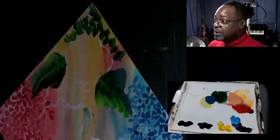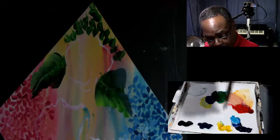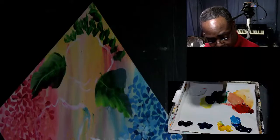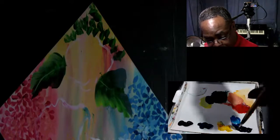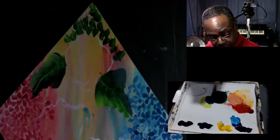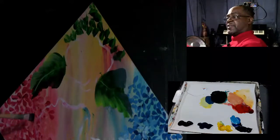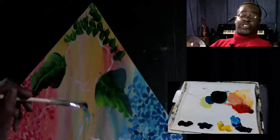Okay. Let's gather some more yellow. Let's gather some more blue. Put it right in there. I didn't clean the brush, no need. Okay. Let's pop a leaf in here. Now the leaves in general,